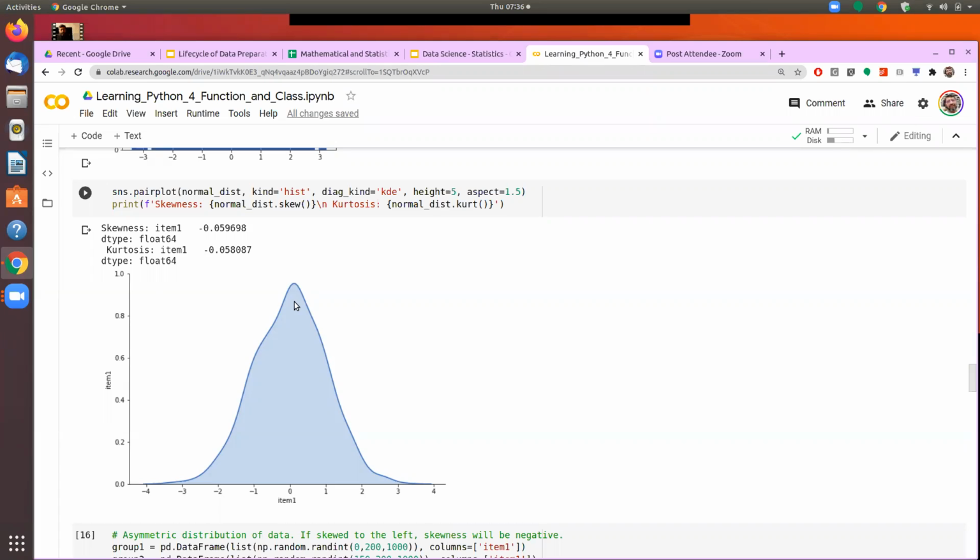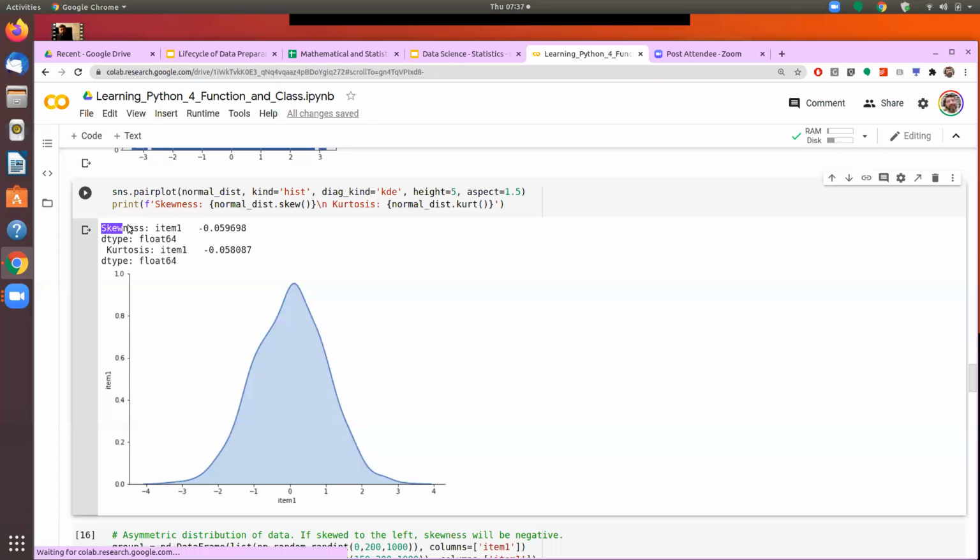Whether, and how symmetrical are they? That's what we do in statistics. Visually we can say that yes, this data is more or less symmetrical, but not completely, because you can see that both sides are not exactly the mirror image of the other. If the left side of the mean and the right side of the mean are mirror images of each other, then they are completely symmetrical. But if they are not, then we need a measure of symmetry, and that is done by two things we call skewness and kurtosis.